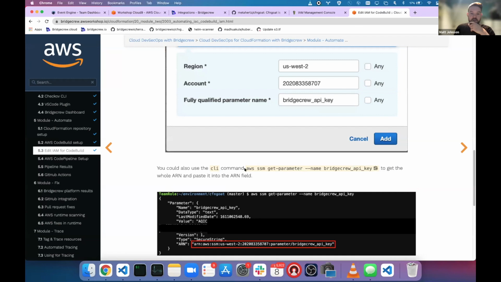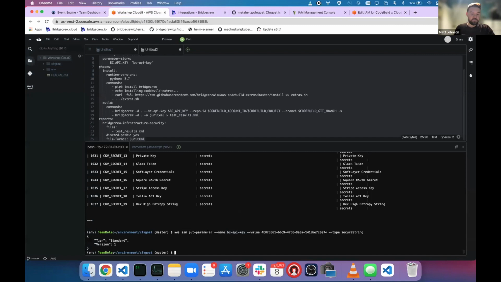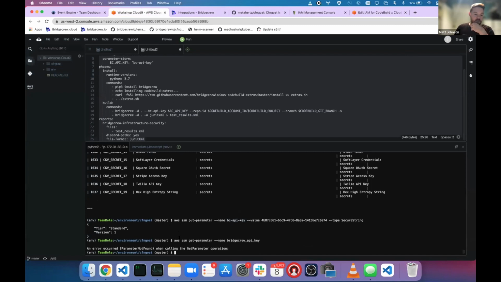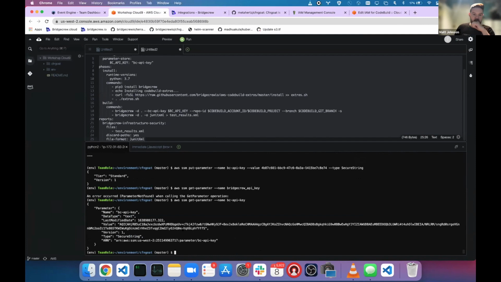key we created earlier. So if we run this CLI command back in our Cloud9 environment, it's going to spit us out... bit of a typo there. BC-API-key. I'm going to copy and paste that into the chat for anyone that wants to copy it. And it's going to give us a load of information about that secret. And it's also going to give us the Amazon ARN of that secret. So we can literally just copy that,